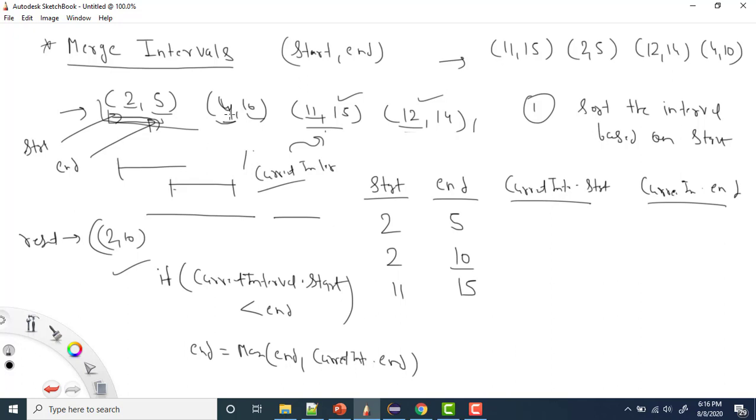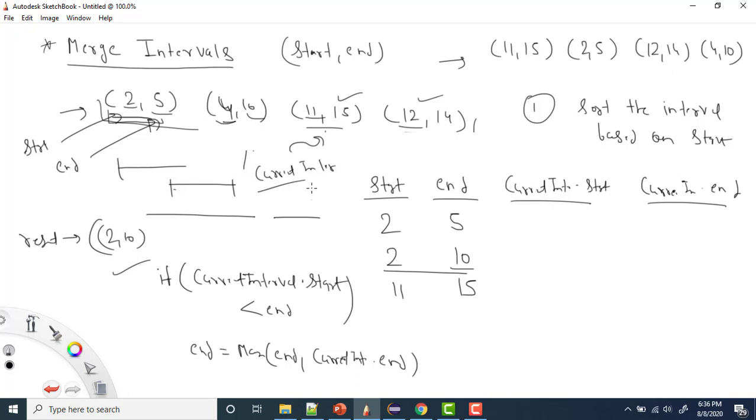And if it is not the case, if current interval dot start is greater than the end, like this happened in this case, then it means it cannot be overlapped. So I will add one interval as my answer by taking the value of start and end. And now because I have added one interval, I will update the value of start and end with the current interval start and end.